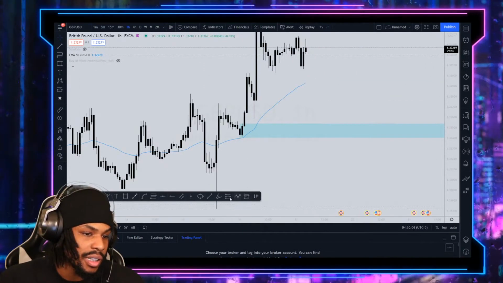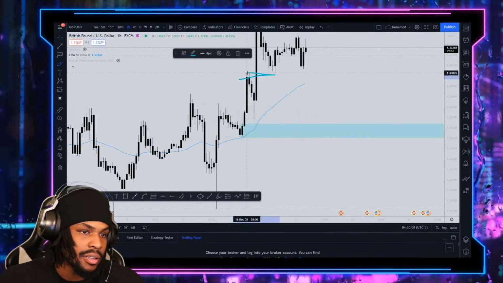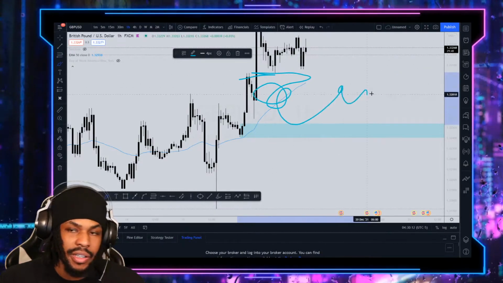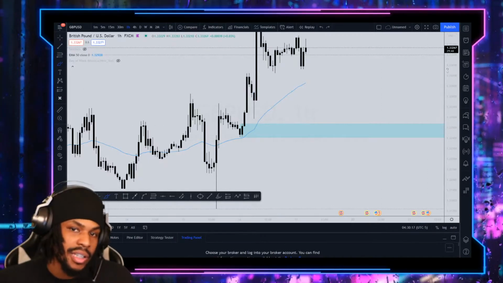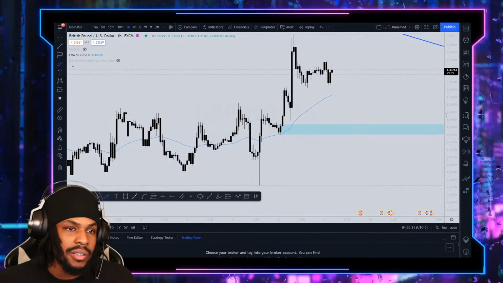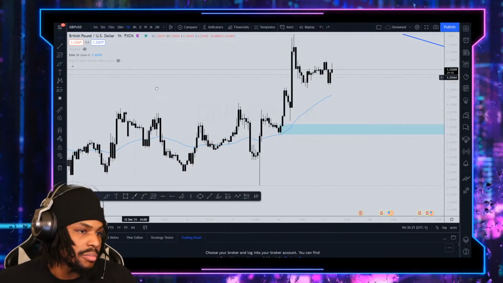Honestly, in this whole area, yeah, it has yet to be mitigated. So this whole area right there, I can see price getting down in there and then taking off. So right now, if I really want to sell this or buy it,